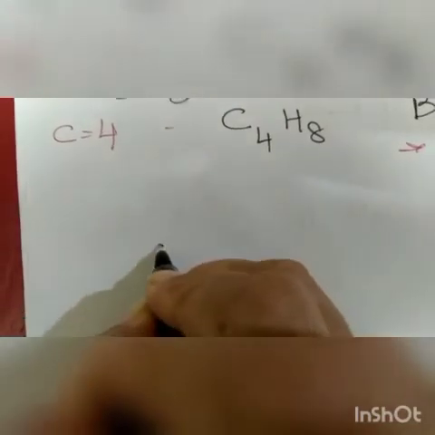Now you take the case of this one, alkene. If carbon atoms are 4, the general formula will be C4H8 and the name will be but plus ene, butene. Okay, now how will we draw the structural formula? Since there are 4 carbon atoms, see here 1, 2, 3, 4, and it is ene, so there is a double bond. Let me draw a double bond here.